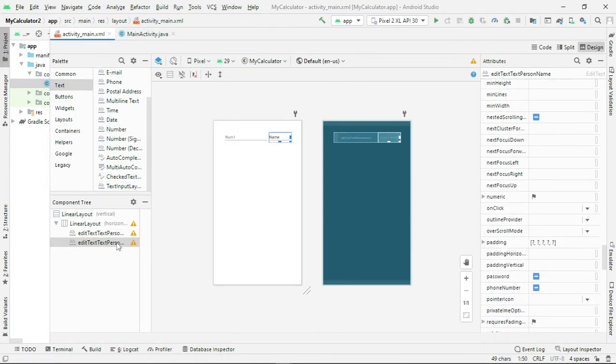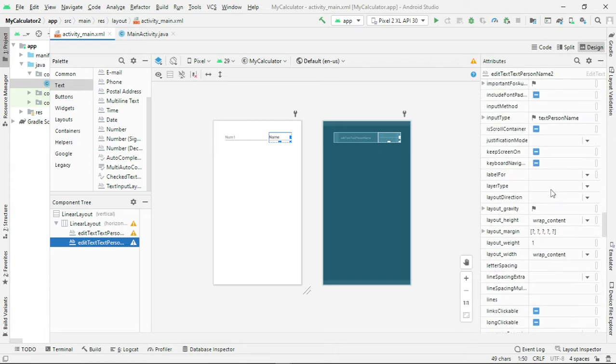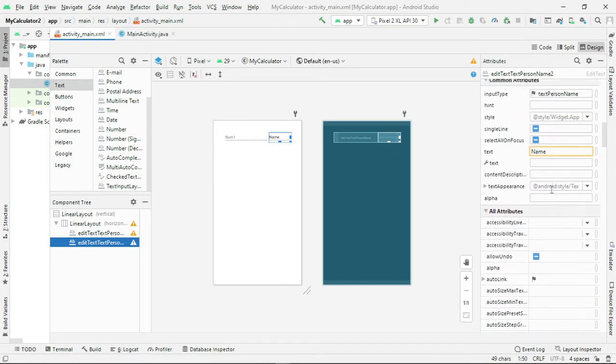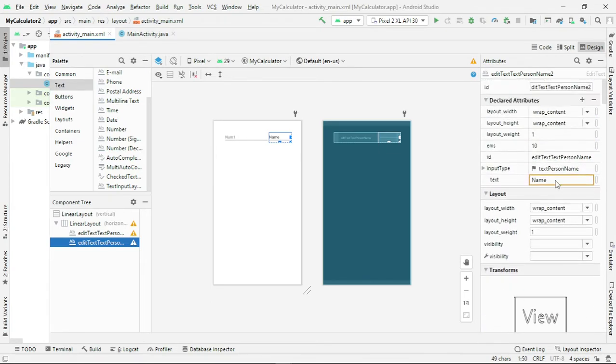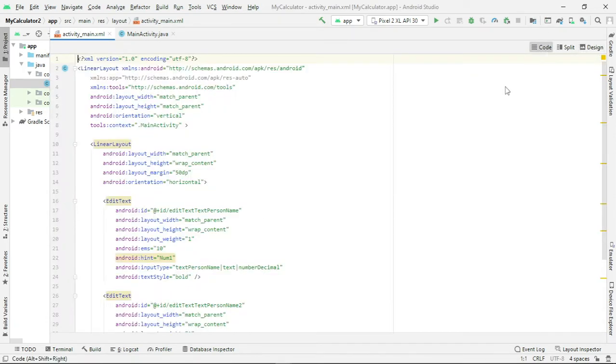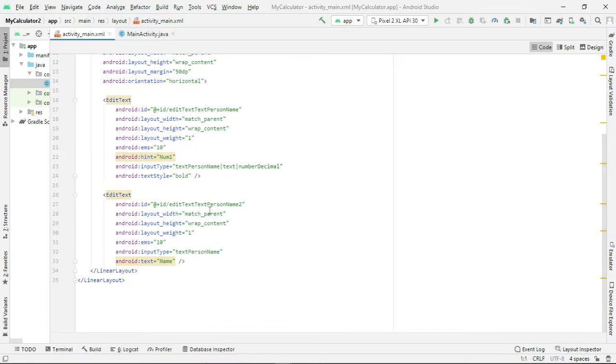So let me set the properties for the other edit text. Width, let it be match parent. Okay, yes, wrap content. Go to the code and copy paste the same properties whichever we have set for the previous one. Okay, here also I don't want a name.